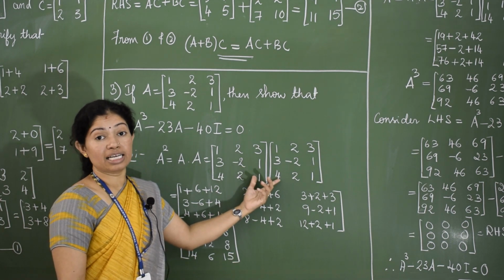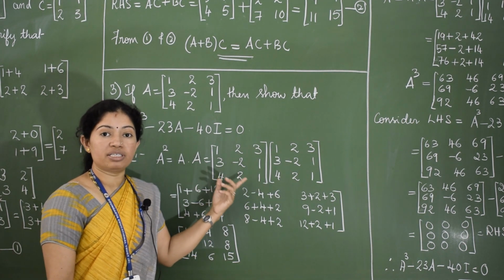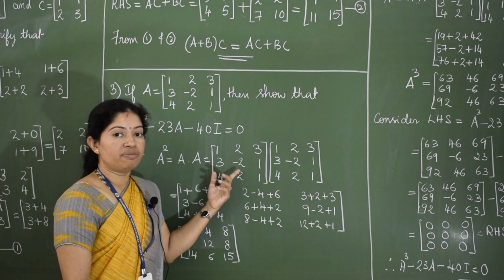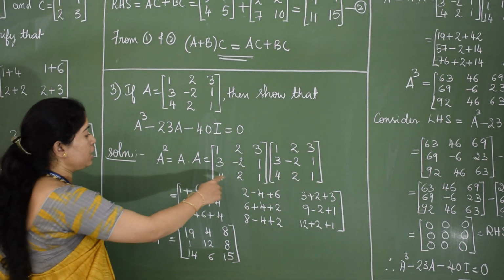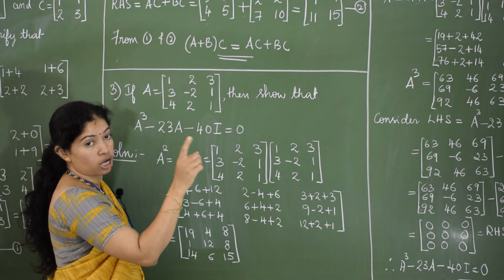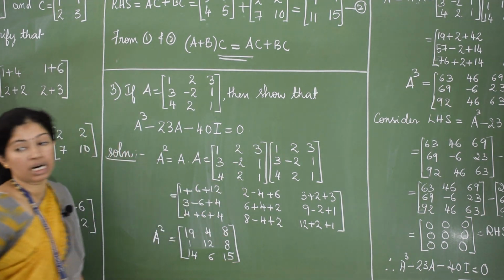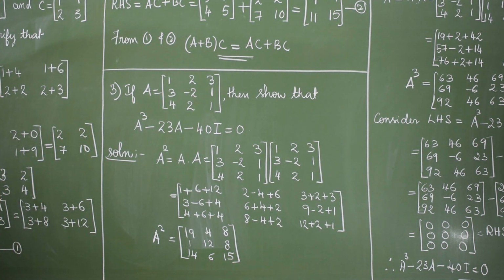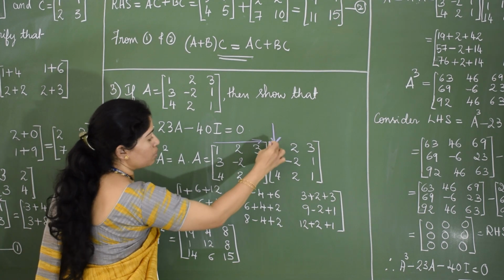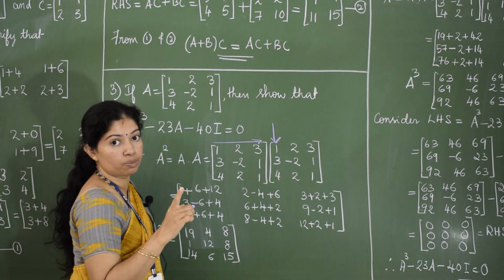You have seen in the last point of the note, if you multiply two matrices of the same order, then the product AB also will be of that order. So A into A, let us multiply. Method is row by column. So first matrix row, you have to multiply with the first column of the second matrix. So take this row, multiply with this column entries, corresponding entries we are going to multiply.